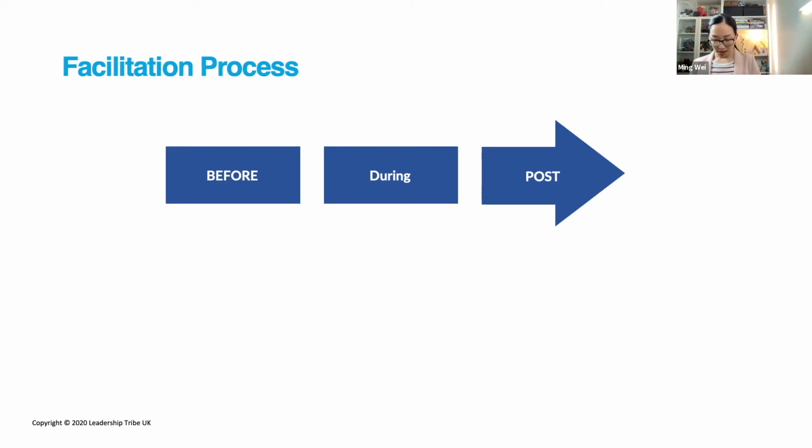However, probably you have known by now, there's one very important thing missing here. One very important question missing here. And that question is why? Why are we having the meeting in the first place? Why is the meeting needed? Before you plan every detail, ask the question, why are we having this meeting in the first place?